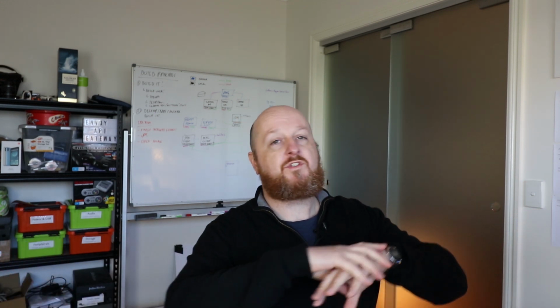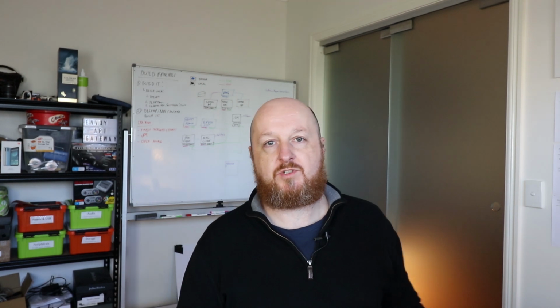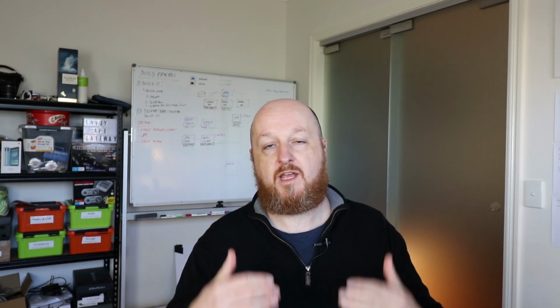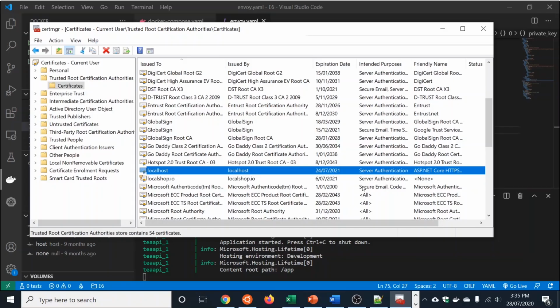Now, if you wanted to get everything using the same certificate, you can do that. You can use OpenSSL to create a PFX file that we could then re-import here, and then get all our .NET Core stuff to use. I'm not going to do that. I just didn't feel it would add that much value. So we're going to import a second localhost self-signed certificate that we created with OpenSSL into here, okay?